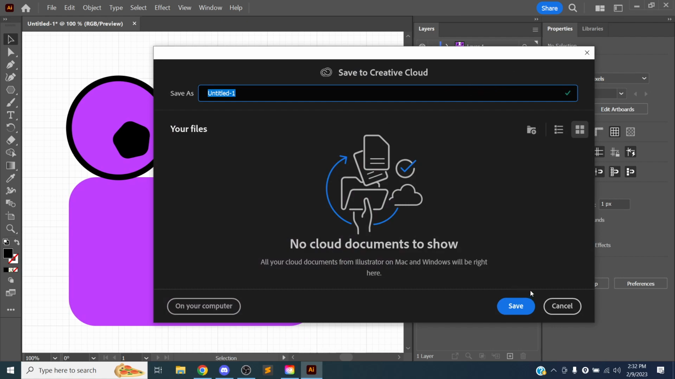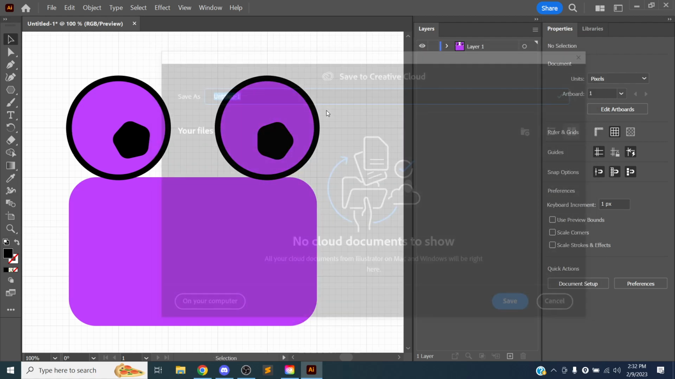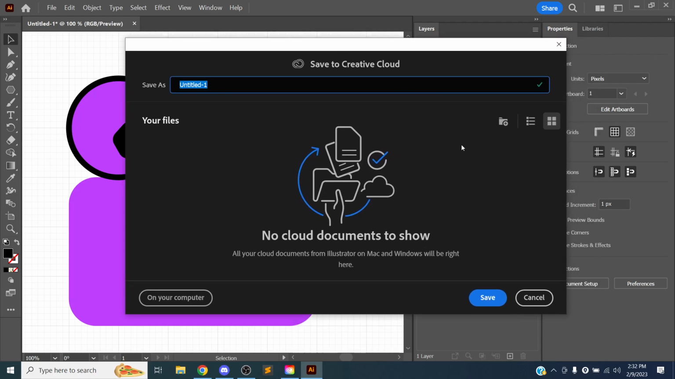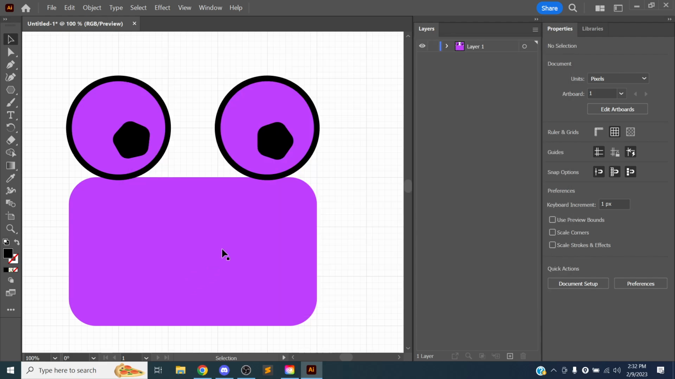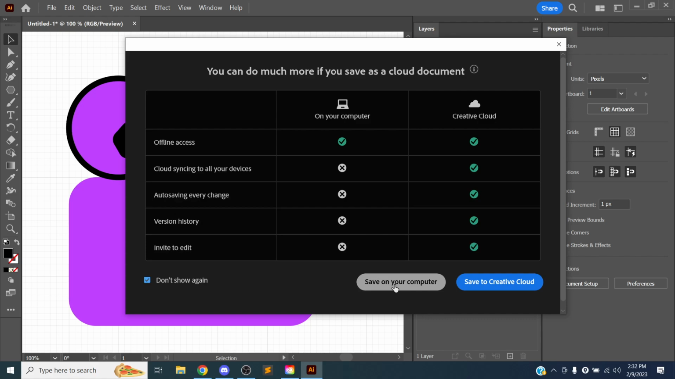Whoops. Okay, I hit Control S to save. But we should be saving as we're working, so I'm going to hit Control S again to save. And it's trying to get me to save to the Creative Cloud. You can do that if you want, but what I'm going to do is click on my computer because that's where I would prefer to save it. And it's still trying to get me to save to the cloud, but